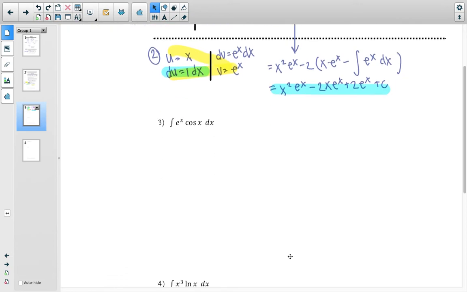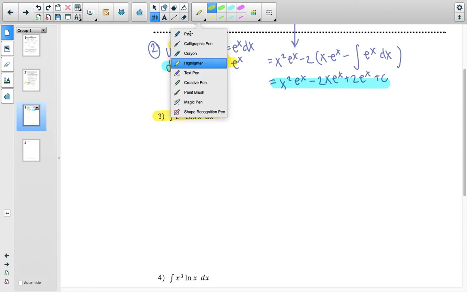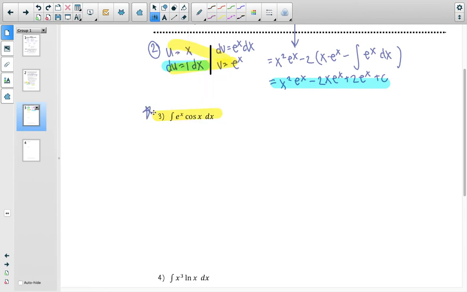So number 3 is different. Remember how I recorded a video with a special case? Well, number 3, use a highlighter. Number 3 is a special case. So I would put some kind of star next to it because you're probably going to need it sometime